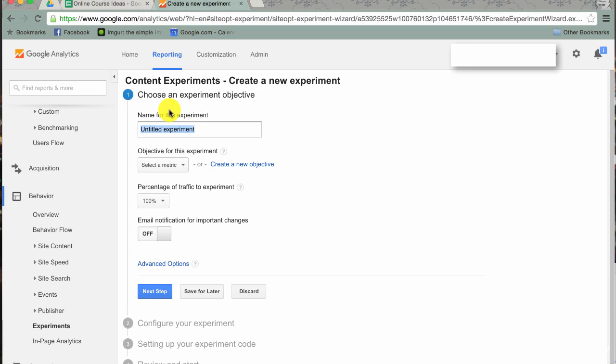The first thing to keep in mind is that this option with Google Analytics means that you're going to have to create a website variation fully in terms of a new page compared to the old one and have it hosted online on your domain before you can actually run this experiment and have Google Analytics handle all the trafficking for you. That of course means that if you have an idea to perhaps change a button, or maybe to change a layout or something like that, you're going to have to develop that page fully or get your webmaster to develop that page in full, host it online, and then compare the two pages running the traffic through